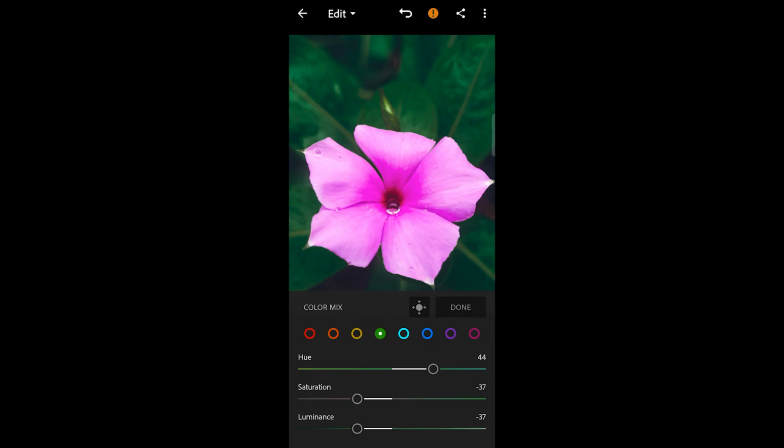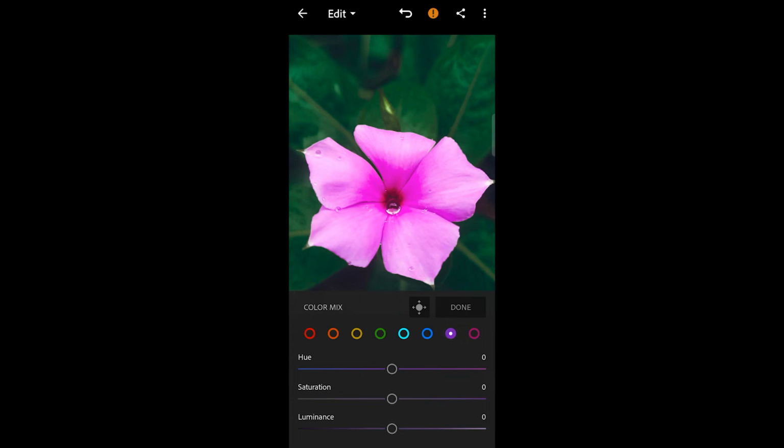Now let's go with the cyan. Not much difference, but let's see. I'm going up with the cyan +8, and saturation a bit 3, and luminance I'm reducing to -8. Okay, with blue there is not much, but let's see. I'm not changing much in blue. I'll just increase a bit of luminance and a bit of hue.